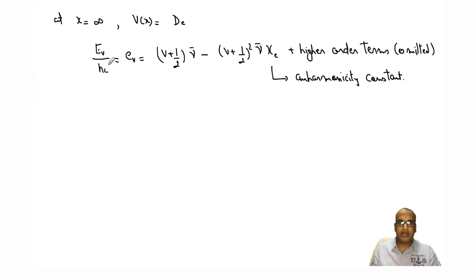Now, if I calculate from v equal to 0 to v equal to 1, delta E will be nu bar minus 2 chi_e nu bar (v plus 1), where v is the vibrational quantum number